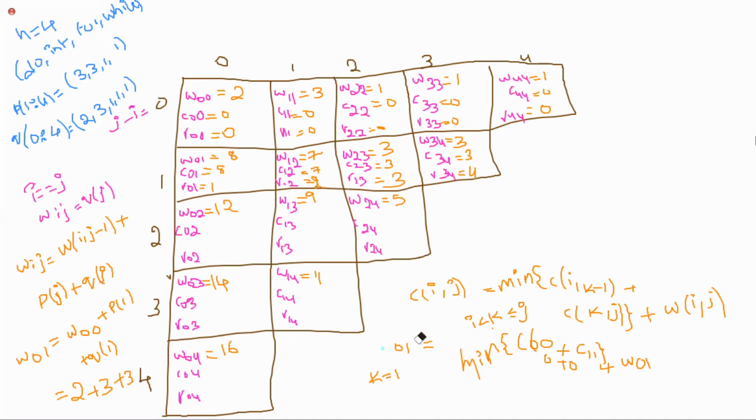Now I'll tell you C02, then you'll understand this C formula correctly. How can we solve it? Observe carefully. What I'm finding here is C02. C02 means minimum of, what are the possible k values? Can anyone tell me? I'm expecting the answer. Those who can analyze mathematics can answer.